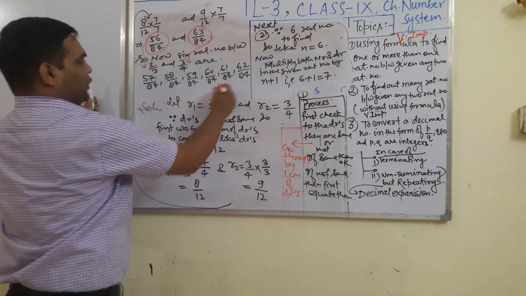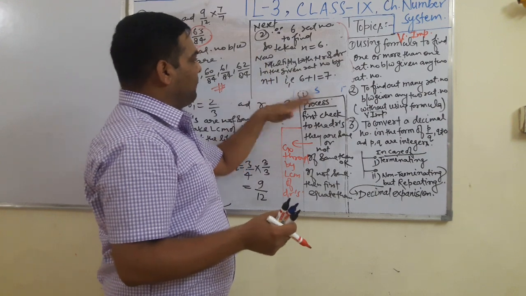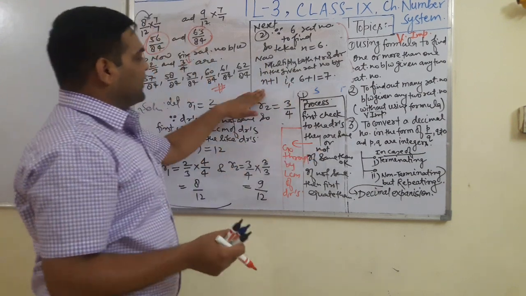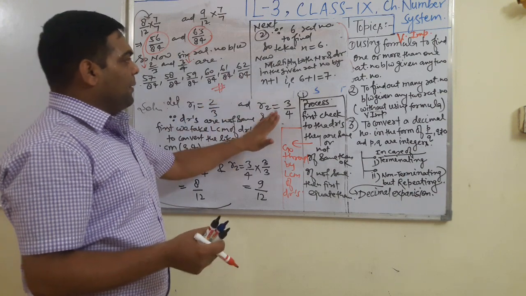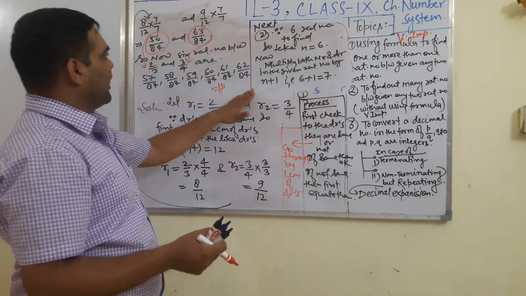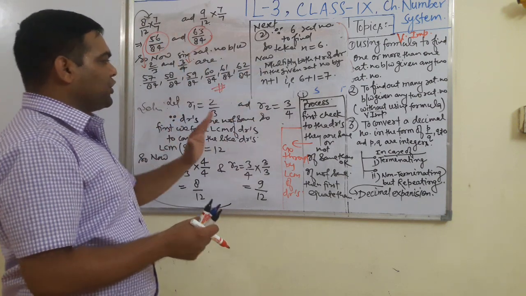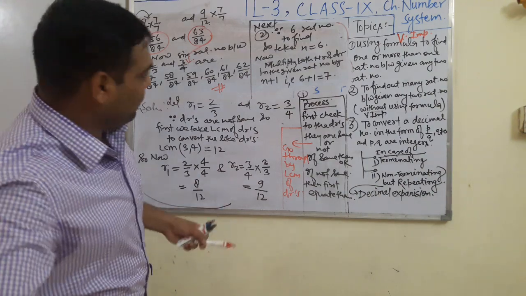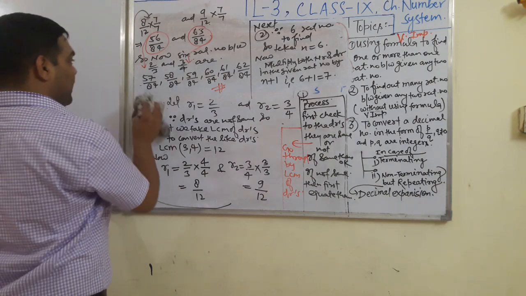In this way, students, you have seen easily how we have found 6 rational numbers between any 2 given rational numbers without using the formula. This is the process. Students, see one more question based on this concept. I am going to tell you clearly. I hope you have got this point easily, because here I have explained clearly.